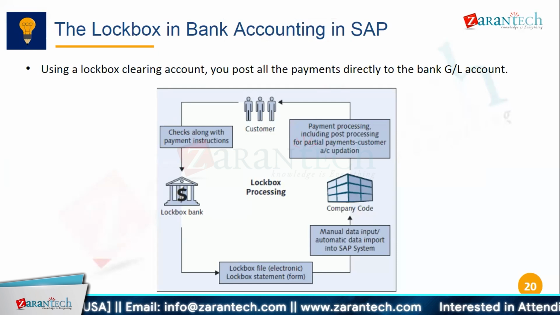The customer will process the invoice and send the check to a lockbox bank. The lockbox will create an electronic statement which they will send to the company. Either it will be done by manual data input or automatically, which means it will be directly uploaded